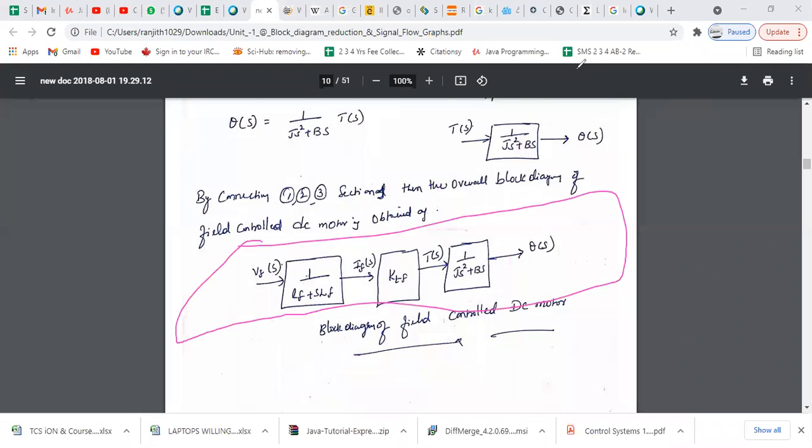Right. So this is how we can draw the block diagram by using the differential equations, by converting those differential equations into algebraic equations. Using the algebraic equations, you have to identify the input variables, the output variables, and the constants. From the knowledge of those things, you draw the block diagram of the individual sections, and by interconnecting those individual sections, you can form the overall block diagram of the given system. Is it clear, all of you, today's class? Yes, sir.